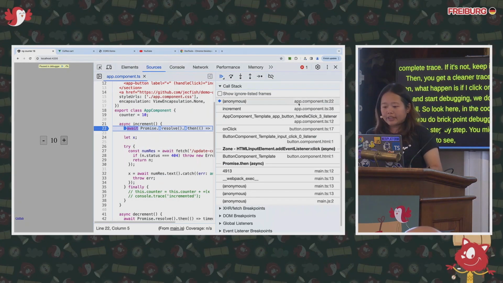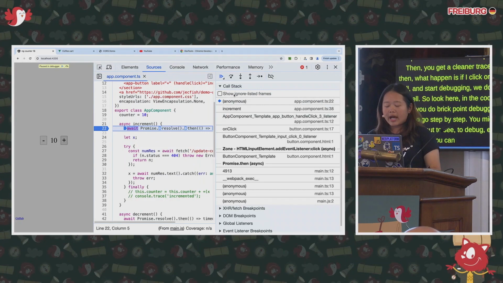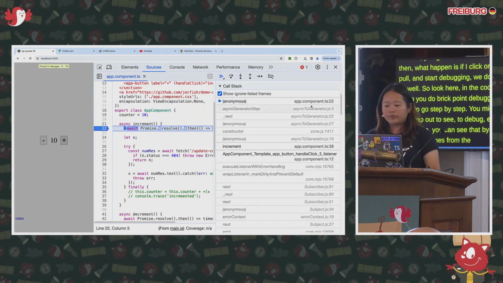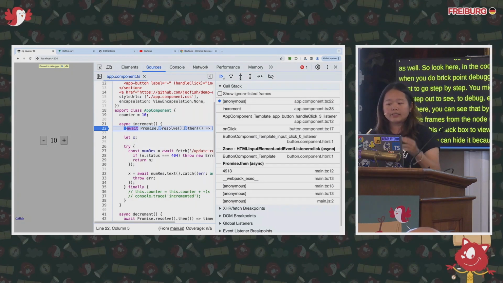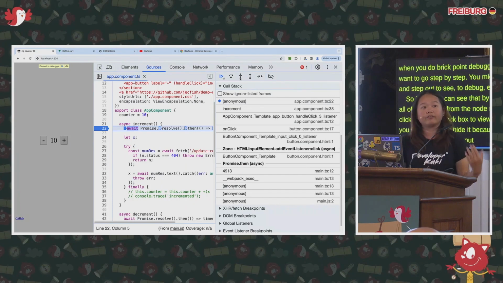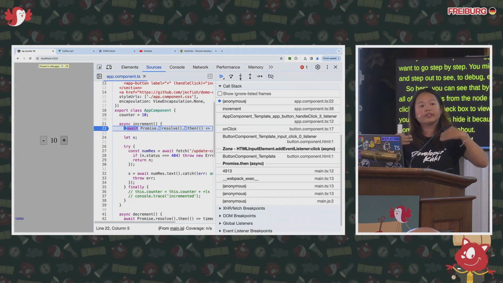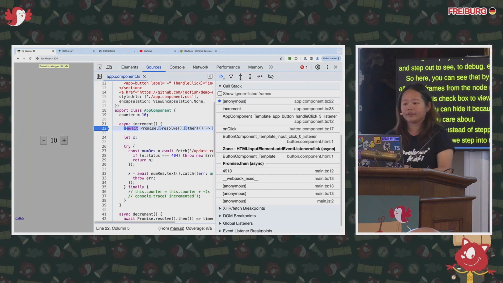Here, you can see that by default, we hide all the frames from the node modules. If you want to view them, you can click on this checkbox to view all frames. If you don't, you can just hide it because it might not be something that you care about. If you step in, instead of stepping into the framework's code, we're stepping into the next code that you write. So if I step in,